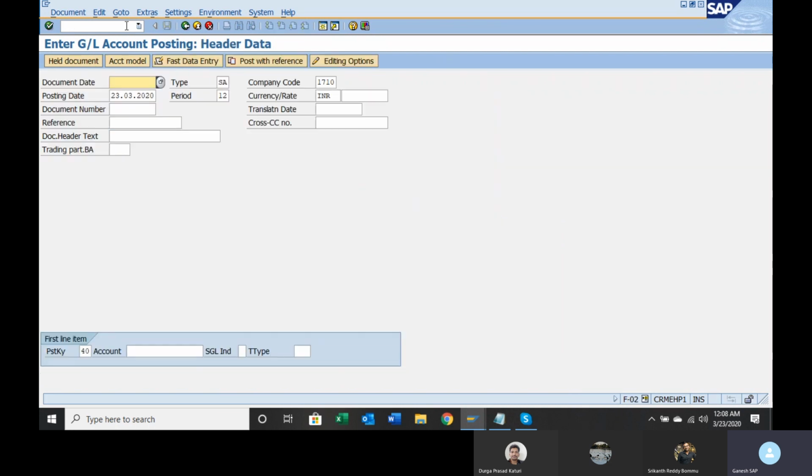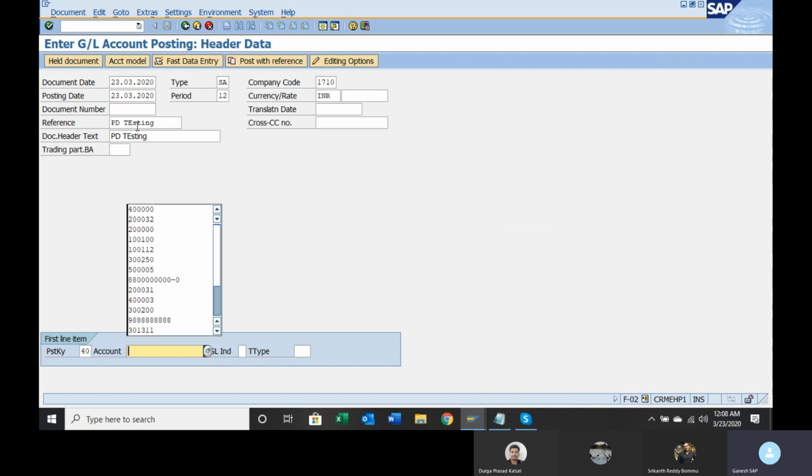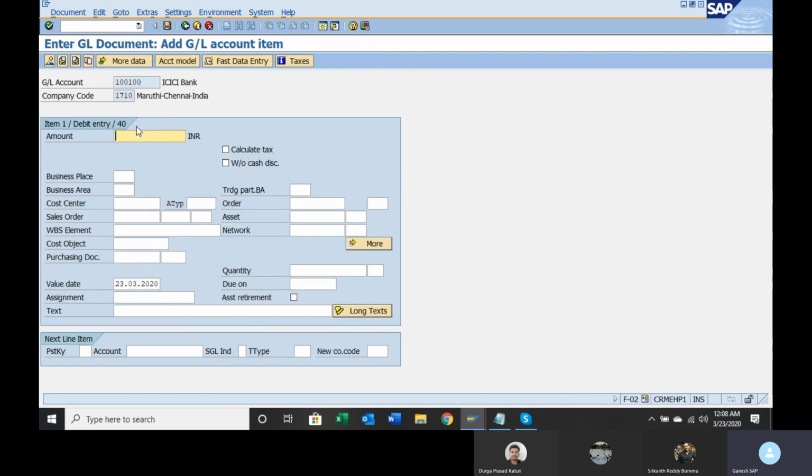So it is up to you from where you wanted to do that. Let's go to F-02. This is convenient for me. So I will use this one. Park document. Edit testing. 40, let us say 1,100,000. Same entry I am passing. Enter. Bank GL account, say 80,000.